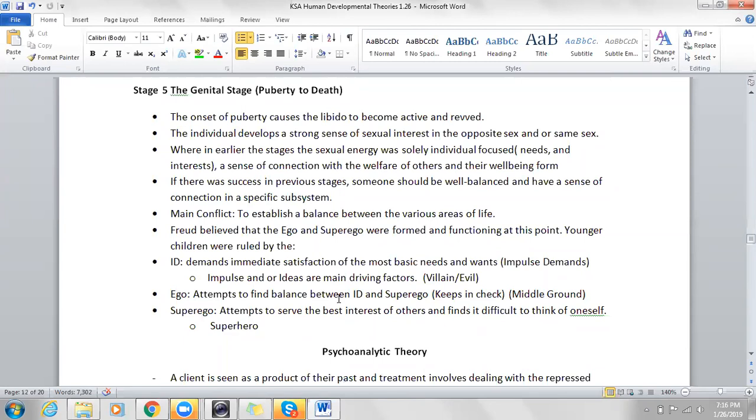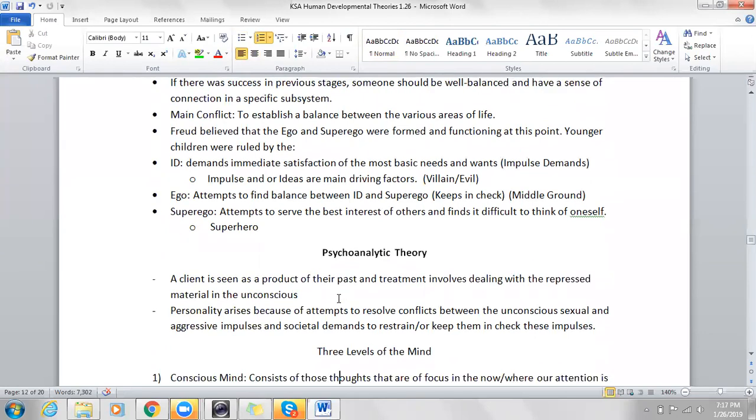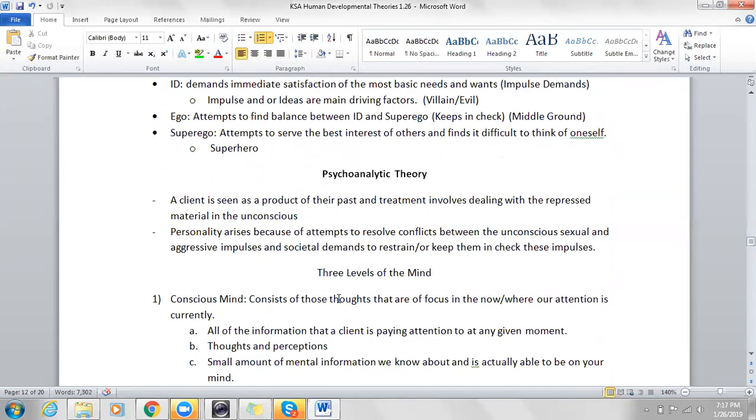the other continuum is like the ego, which attempts to find balance between the id and superego. It tries to keep it in check. This is the middle ground, which then leads us into the superego or the superhero that attempts to serve the best interest of others and finds it difficult to think of themselves. So we have the id, which is all entirely individual driven, that is in conflict with the superego or the superhero. And then we have the ego, which is the middle ground, which then leads us into the psychoanalytic theory,